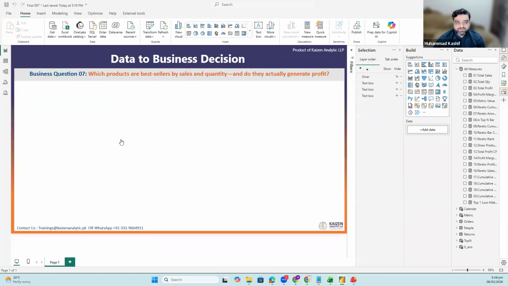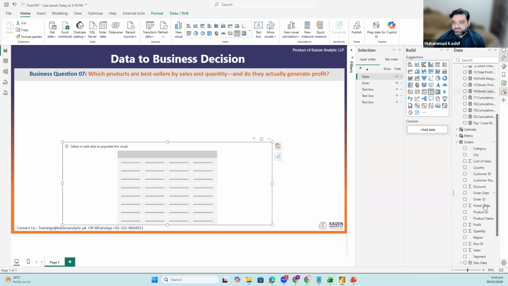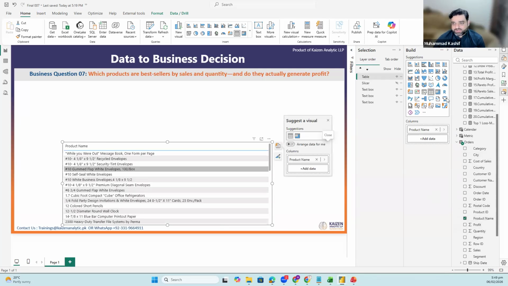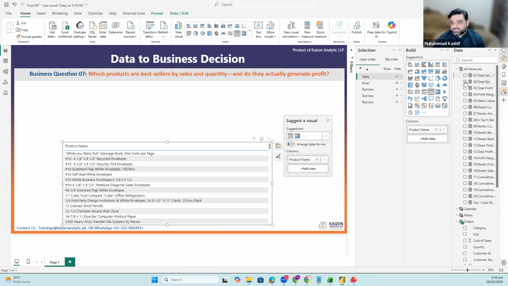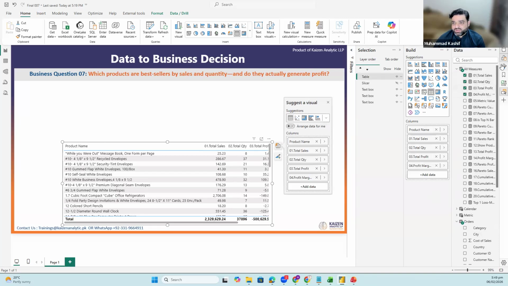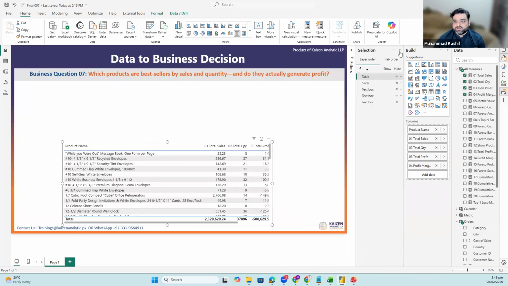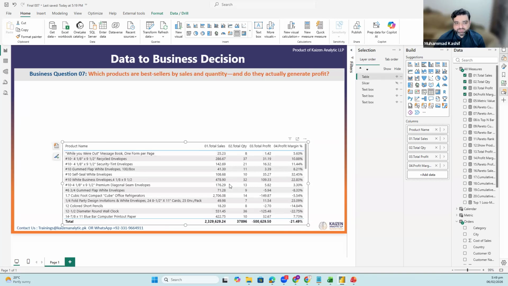I will add a table right over here. And in this table, because I need to group by product name, I will first add the product name and the first few measures. Okay, so the first 4 measures. And let me do just one thing in column name, right over here, I will use this one. Okay. So in a very simple manner, this is our total working